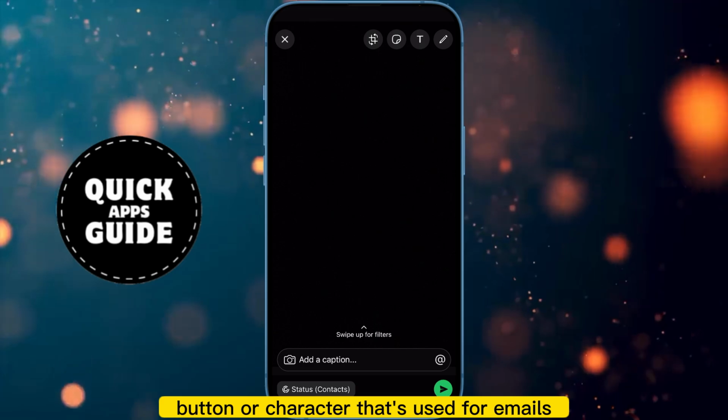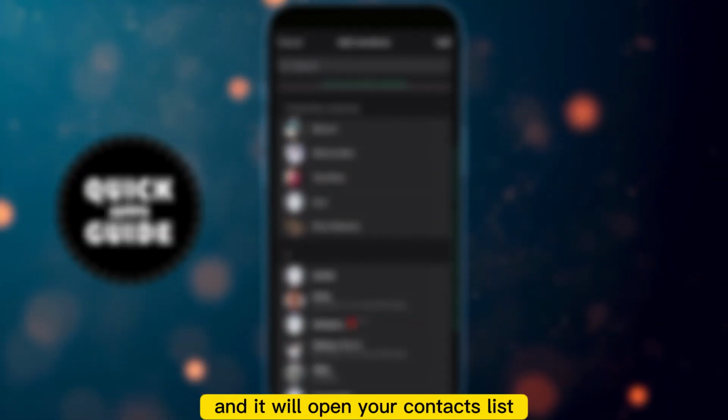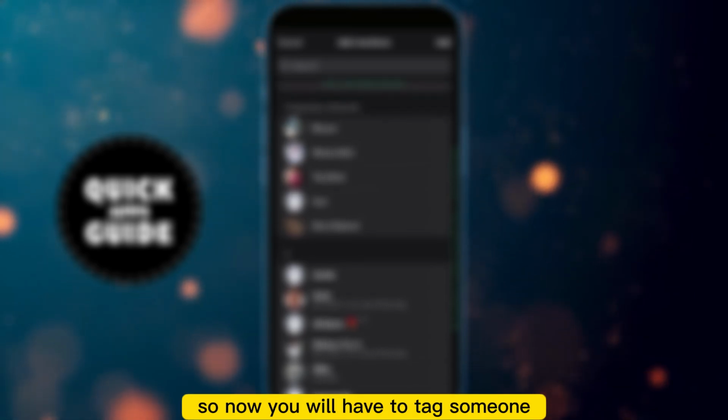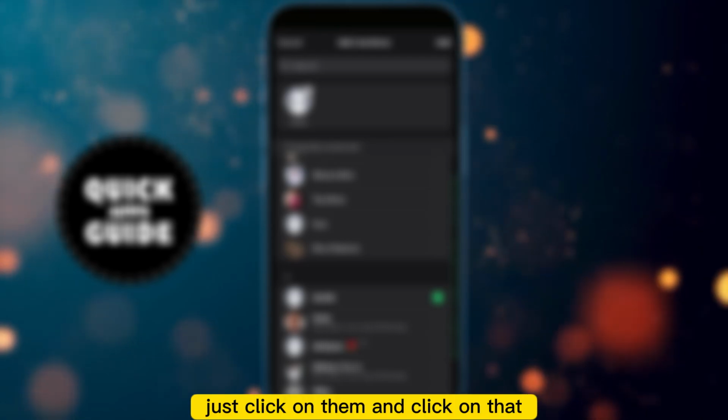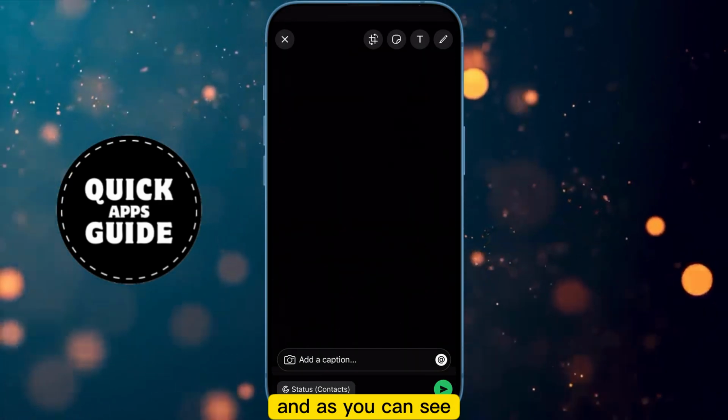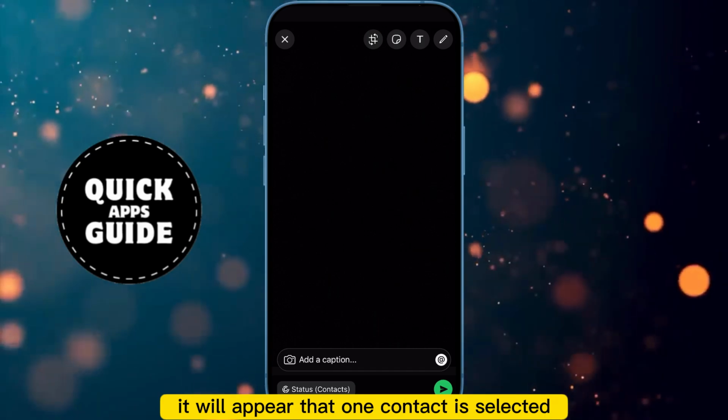button, or the character that's used for emails, and it will open your contacts list. So now you will have to tag someone. Just click on them and click on Add, and as you can see it will appear that one contact is selected. This means you